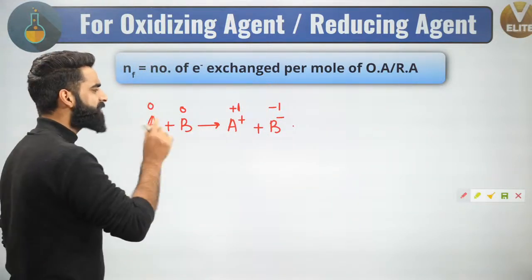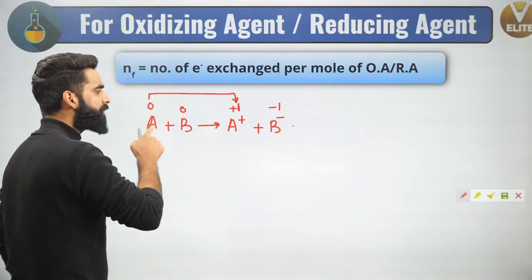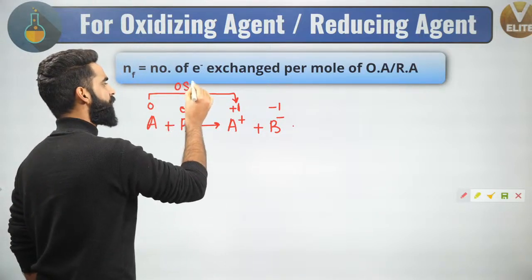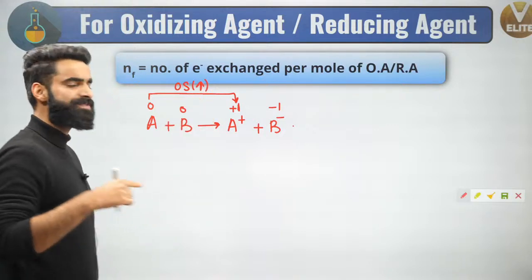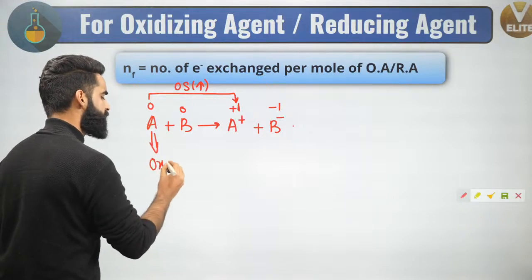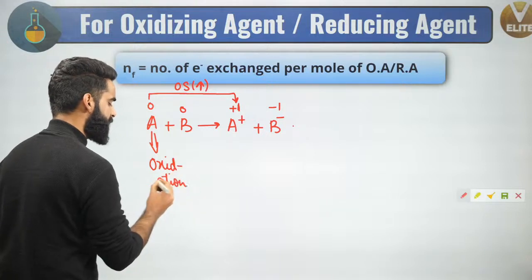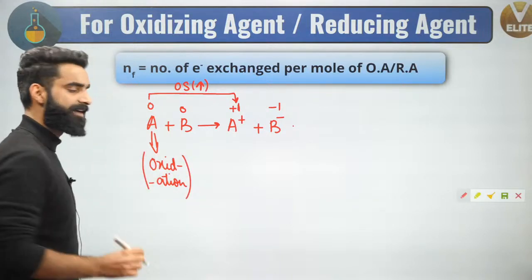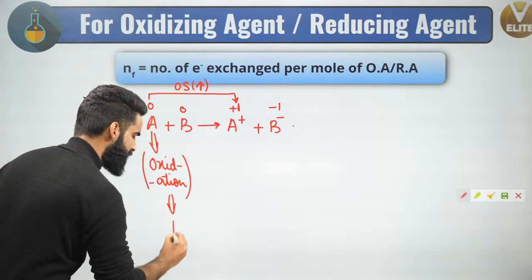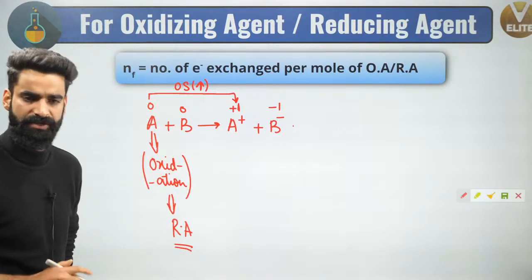Now people, if you have a look, is the oxidation state of A increasing or decreasing? The oxidation state of A is changing from 0 to +1, so the oxidation state of A is increasing. As we discussed in the last session, increase in the oxidation state is what we call oxidation. So A right here is undergoing oxidation. And any substance which undergoes oxidation, as you all must be knowing now, we call the reducing agent. So A in this reaction is my reducing agent.